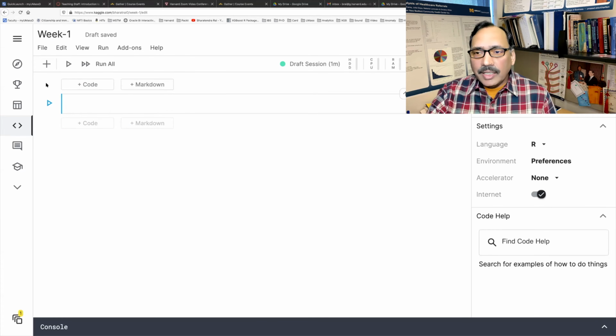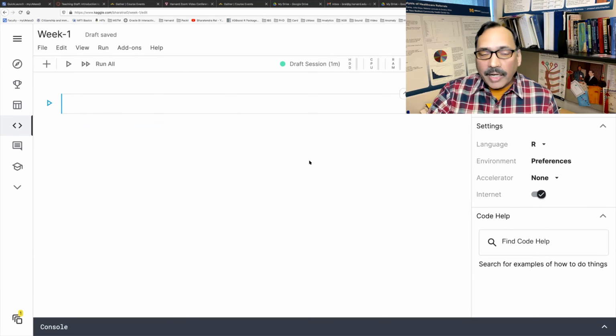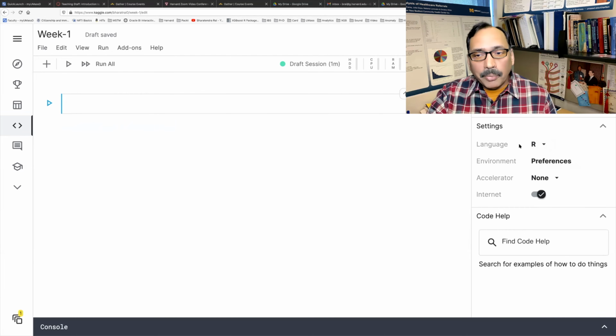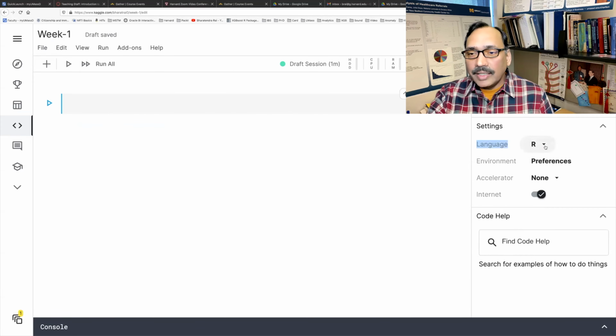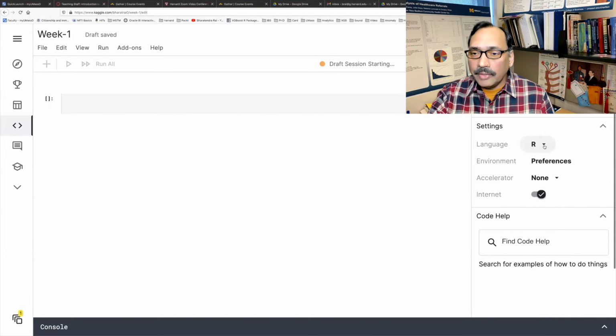Does everybody see that, or did you have something different? There might be a situation where you are prompted to select some settings, which you can also do after coming here. For example, for language, it allows you to choose Python or R. Since we are using R, I'm going to keep R as the default.